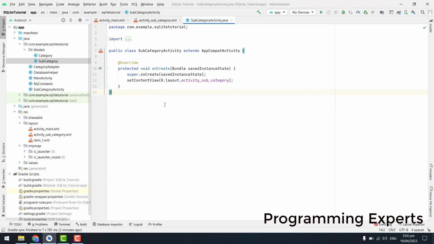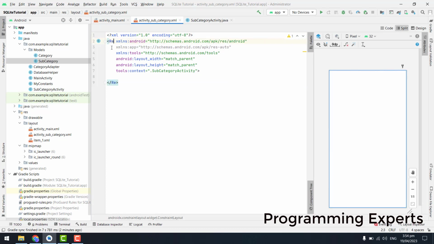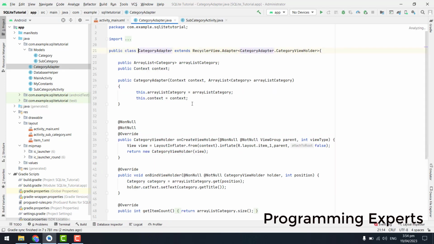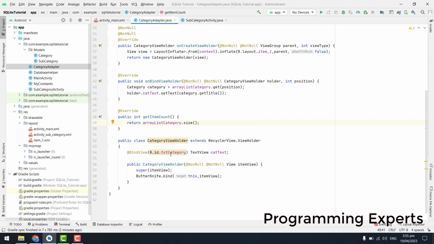So after this we have the subcategory activity, you can see. Here let me first of all rewrite it to relative layout. After that, let me go to the category adapter, and here you can see that we are passing the array list of type category, and we are able to display the categories. But we haven't written the code for the on click event of that particular